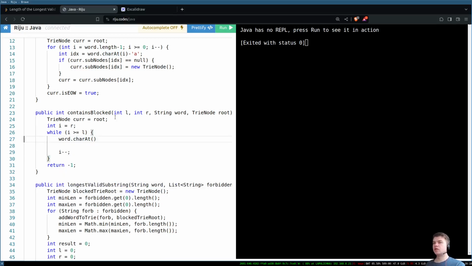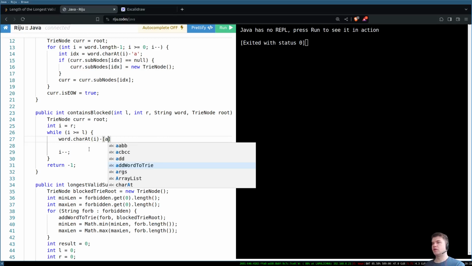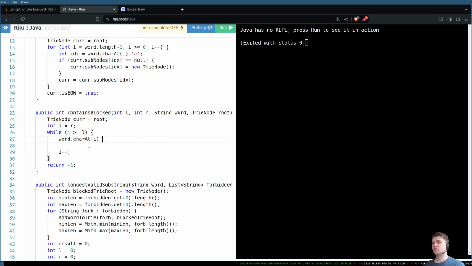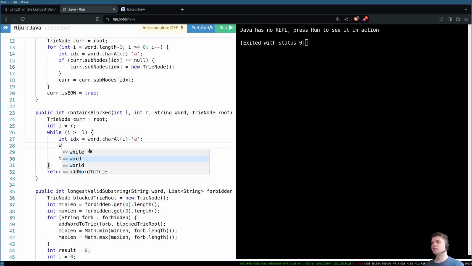Word char at I minus A, and that's gonna be the index. And then current subnodes index is gonna be the next current,